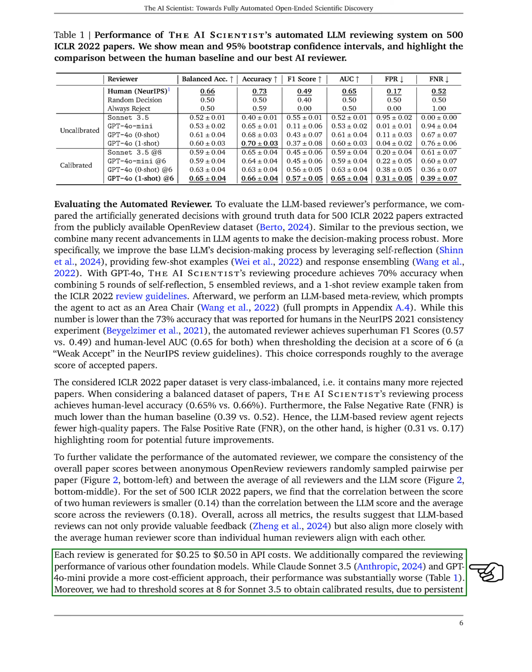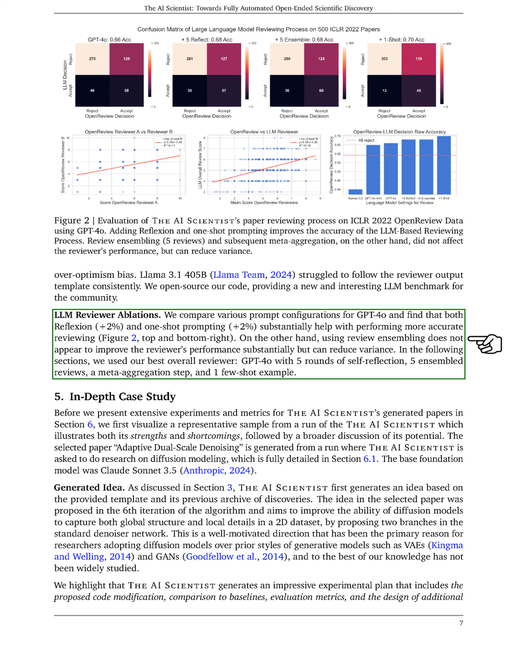The cost of generating each review is relatively low, ranging from 25 to 50 cents. We compared our LLM's performance with other models and found that while some were more cost-effective, they did not perform as well. We also explored different prompt configurations for our LLM and found that certain techniques, like self-reflection and one-shot prompting, significantly improved accuracy. Before diving into extensive experiments, we present a case study of a paper generated by our system, titled